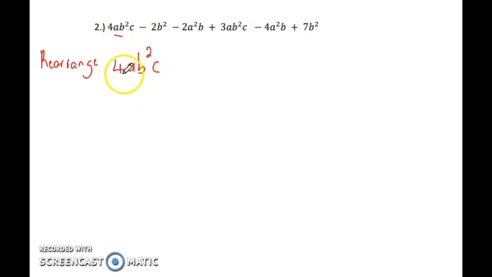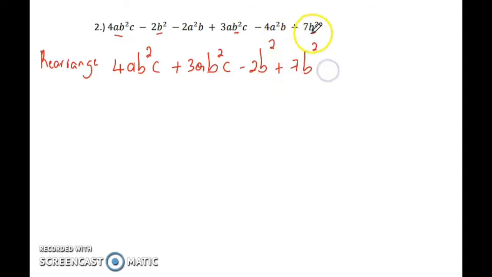squared c. I'm going to look to see if there's any similar variable, just the same. So I'm seeing positive 3ab squared c. And we have negative 2b squared. I want to check to see if there's any other b squared. Positive 7b squared. We have here a negative 2a squared b, and we have here negative 4a